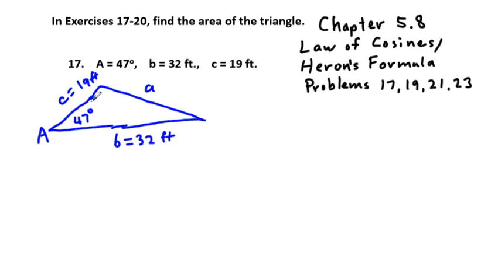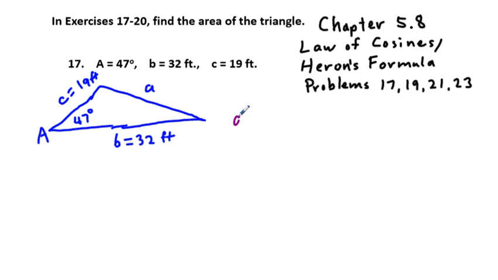We can find the area of a triangle using something called Heron's formula. But to get to the point where we'll be able to use Heron's formula, we need to find all three sides, unless we have a right triangle. Obviously, it looks like we don't here. And so to find this side A, we use the law of cosines,